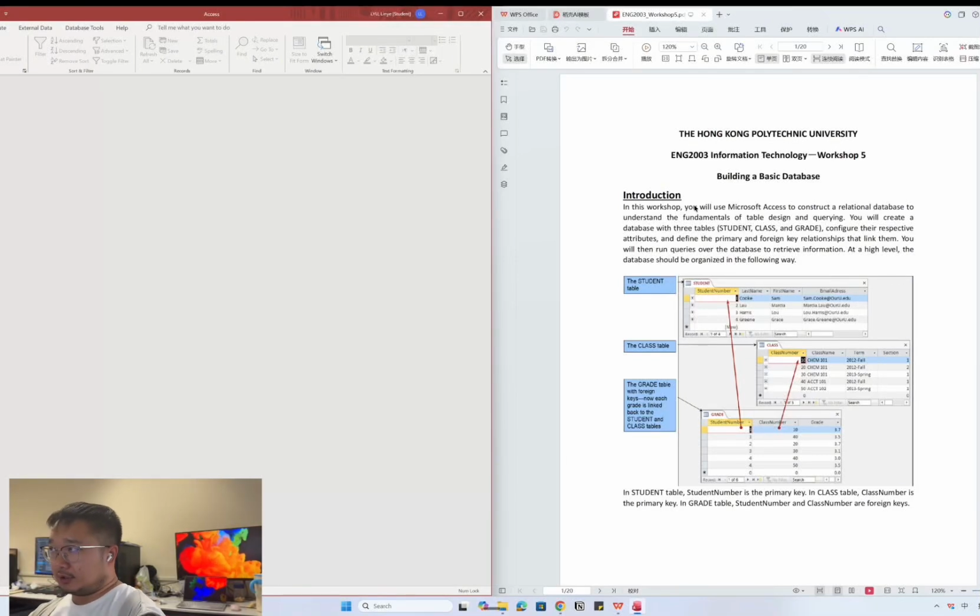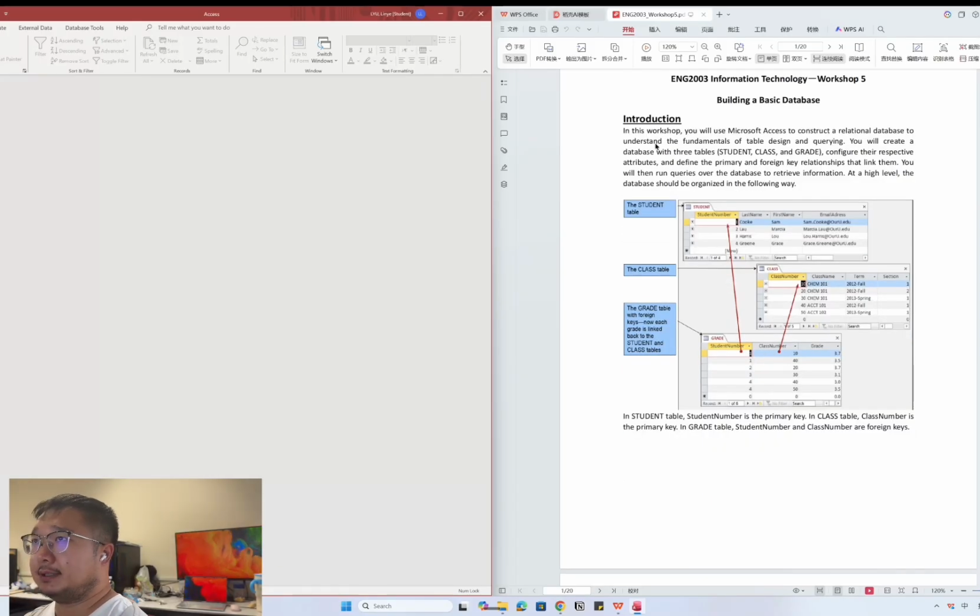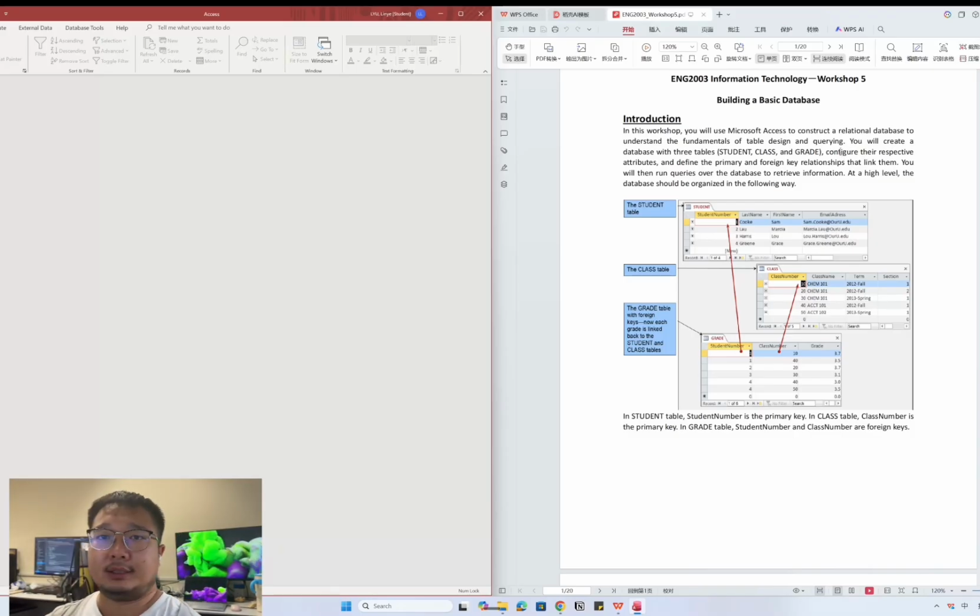So let's start the speed run for workshop 5. Workshop 5 is about building a basic database. We're going to use Microsoft Access, which we have already opened here, to construct a relational database to understand the foundation